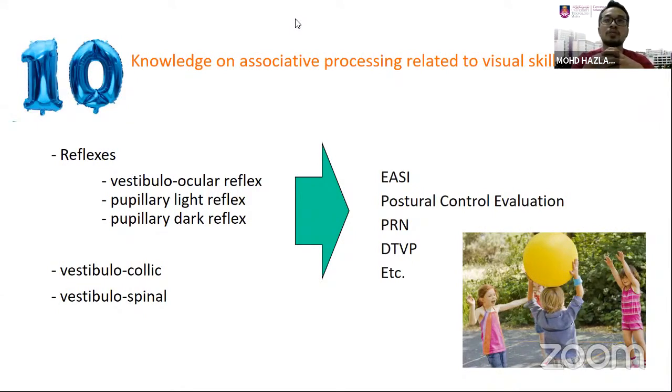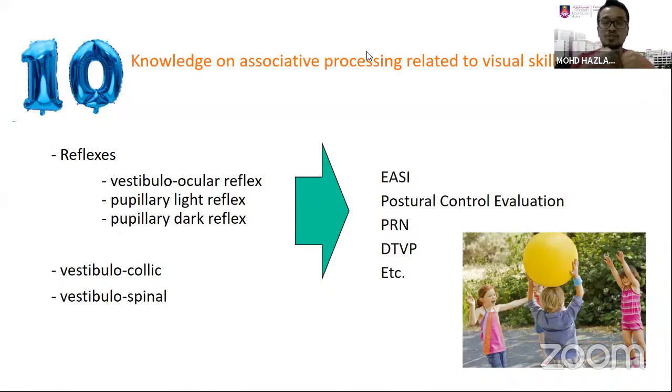So when you do the assessment, you find that, oh, this child, during the sedentary activity, when you assess the child, there is nothing much that I can find that the child has difficulty in visual perceptions. But when the child is moving, I can see that the child shows a very significant problem in visual skills. When you assess vestibulocollic, vestibulospinal, and other reflexes, you identify that, oh, all the results from this assessment are also very low or very high.